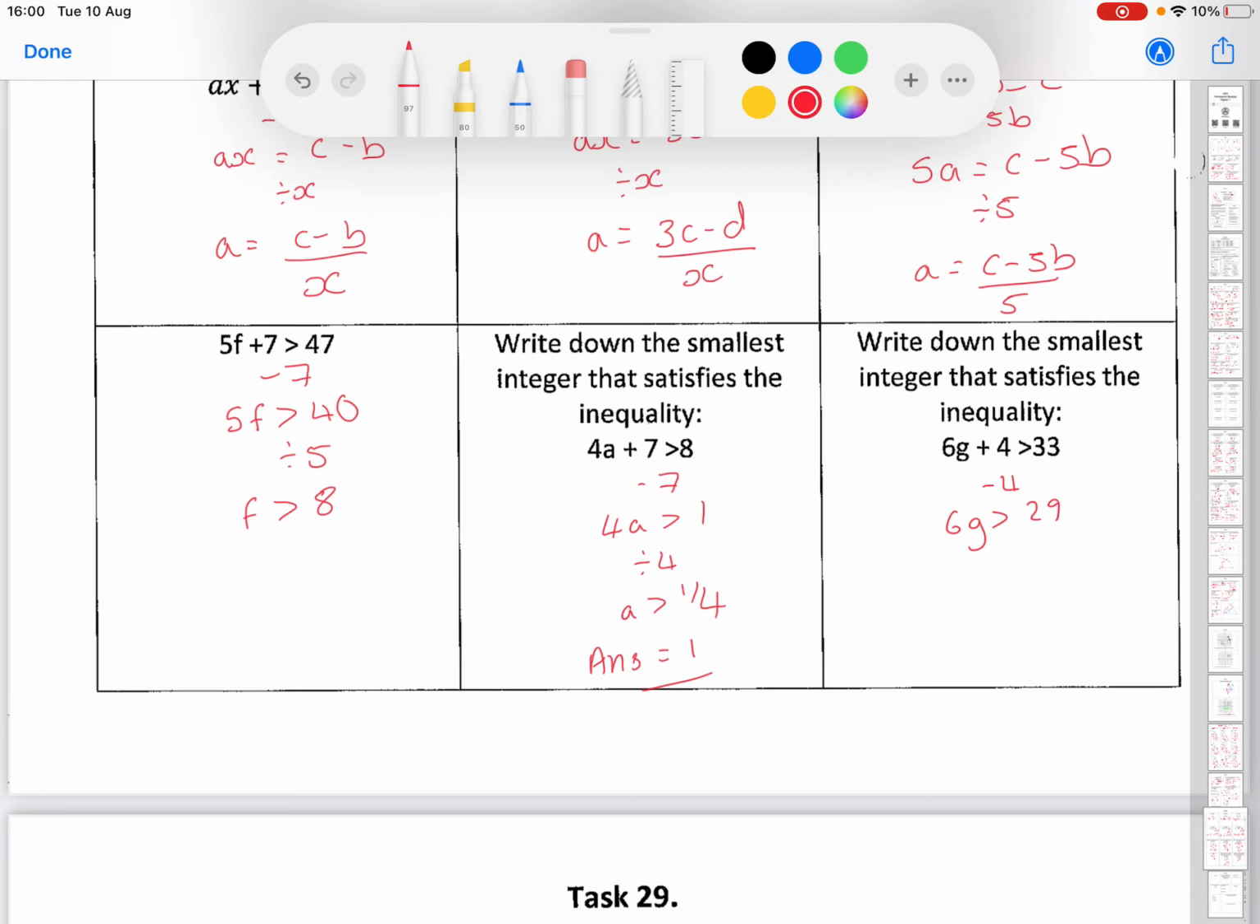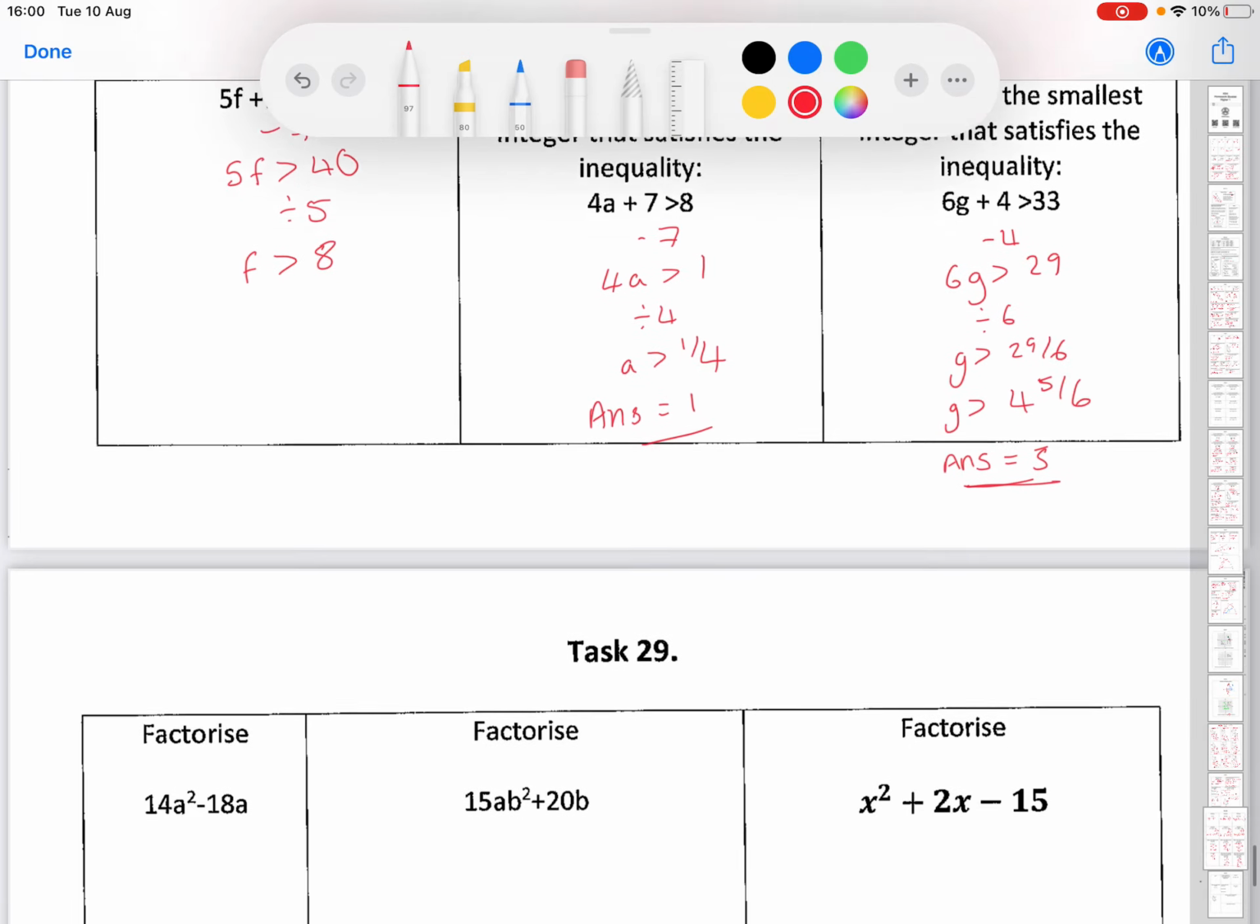Next one, we're going to take away our 4 first. So we've got 6g is going to be greater than 29. And then we're going to divide by 6. So g is going to be greater than 29 over 6. So I'll write that as a mixed number instead. How many 6's go into 29? It's going to be 4 because 6 times 4 is 24, with 5 out of 6 left over. So therefore the smallest number that can satisfy that